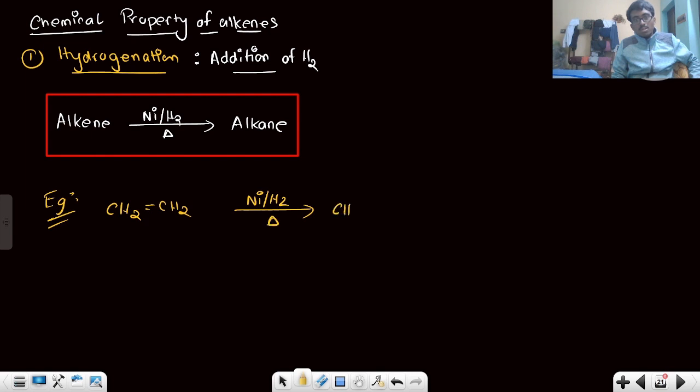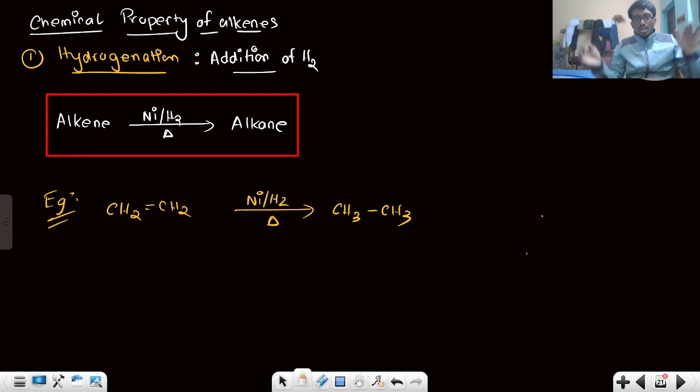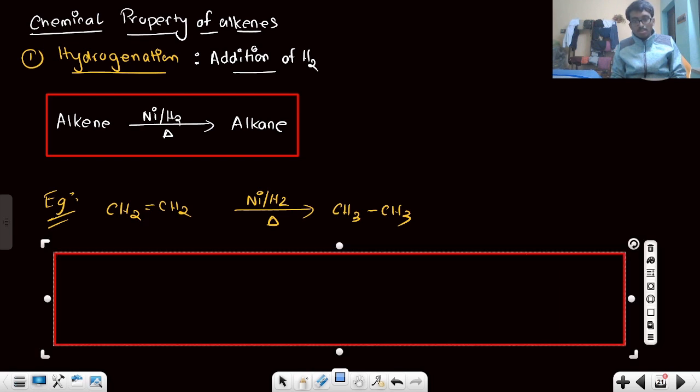So it's CH3 double bond CH3. Then the double bond will break and ultimately it will add 2 hydrogens in that place. Then the hydrogenation reaction is clear. Okay. Right. Now here I am making a box and writing the characteristic property of